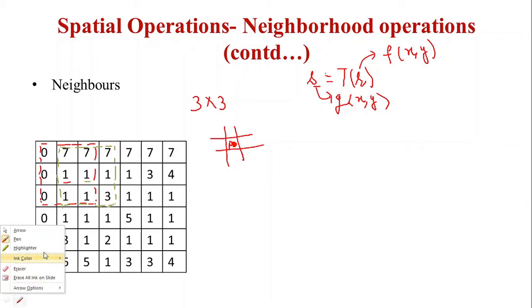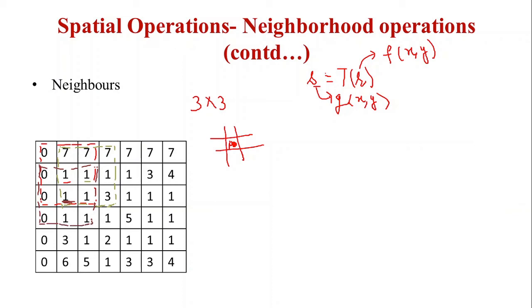If you are going to move your pixel one step down, suppose I have to now compute for this value, that is 1 here, again coincide this central one to this part, and draw this 3 cross 3 grid. So this 3 cross 3 grid is going to form the neighbors of this particular pixel, which I am highlighting now in a circle, right? I hope with the help of this you are able to understand how to compute neighbors.